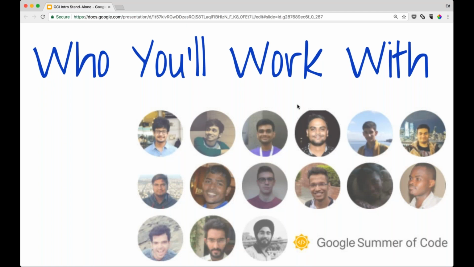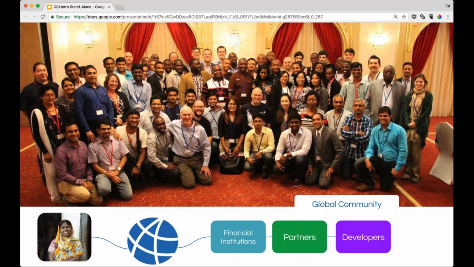In terms of who you're going to work with, many of our mentors are former Google Summer of Code interns and mentors from past years, and also some of our mentors are even former GCI students themselves. So you'll have a chance to work with a diverse community of technology partners, volunteers from our community, as well as users and financial institutions from our community who will be able to assist you in learning more about our mission and taking on tasks that will help introduce you to